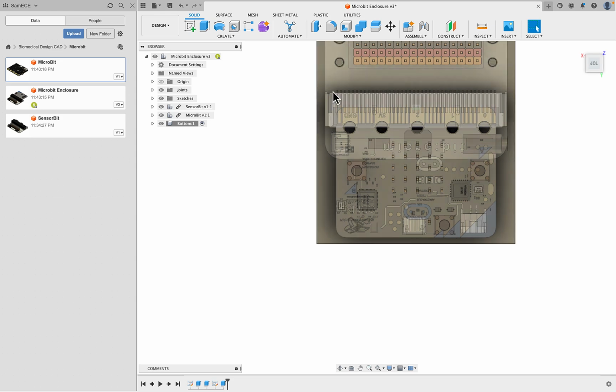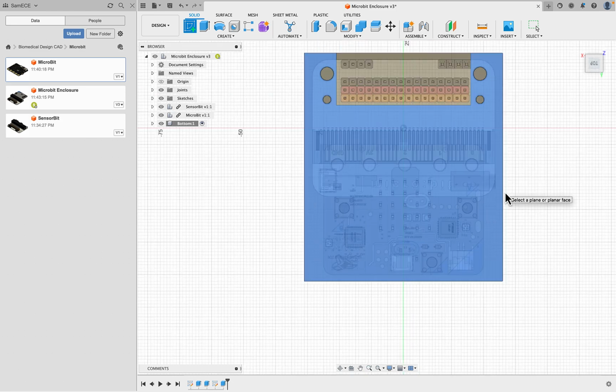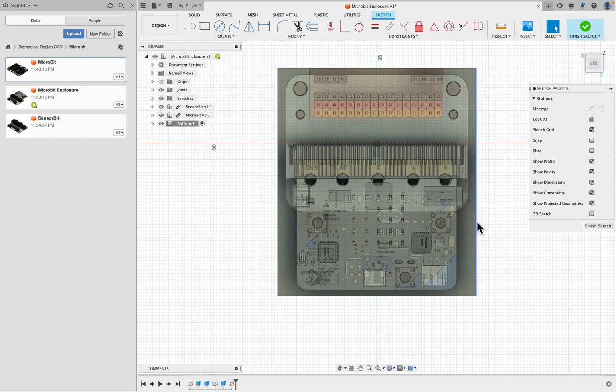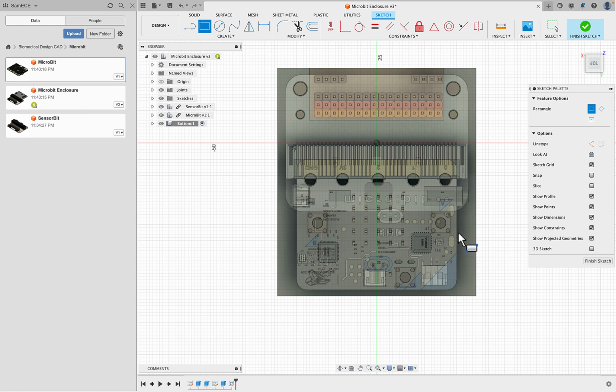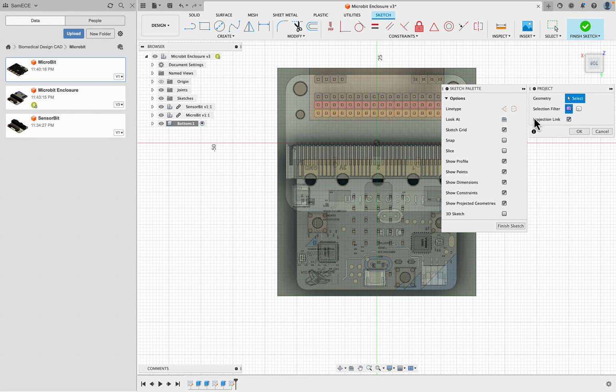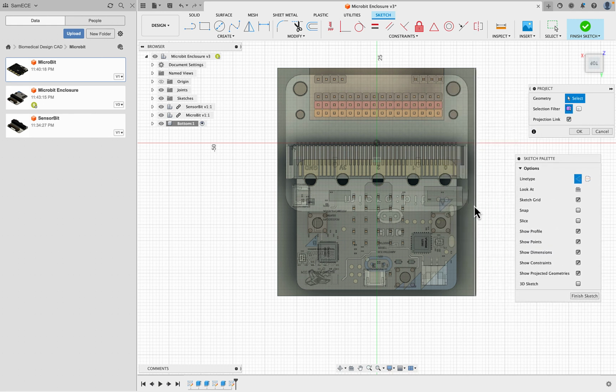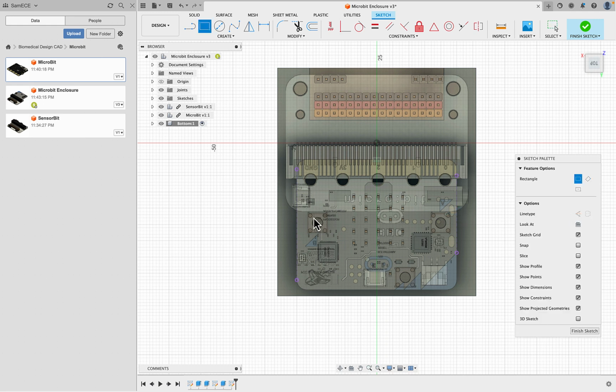So once more I will sketch onto the top surface of the bottom and just hit R for a rectangle, and we will place this somewhere along here. Actually, I would like to project some geometry using construction lines. So this and this line would be good to have, because then I know where to place the rectangles. So deselect the construction geometry, hit R for rectangle, and now I can draw a rectangle around this area,